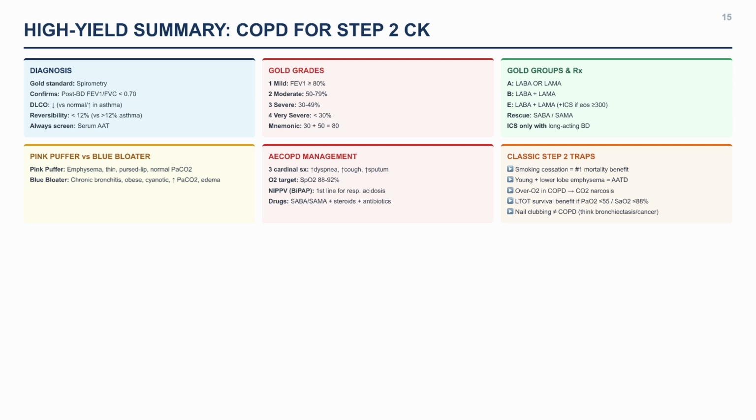Let's wrap up with the highest yield points for Step 2. For diagnosis, spirometry is the gold standard, and post-bronchodilator FEV1 to FVC below 0.70 confirms COPD. DLCO is decreased, a key distinction from asthma. Screen every patient for AAT deficiency. For GOLD grades, remember 30 plus 50 equals 80. Grades 4, 3, 2, and 1 correspond to FEV1 less than 30%, 30 to 49%, 50 to 79%, and 80%